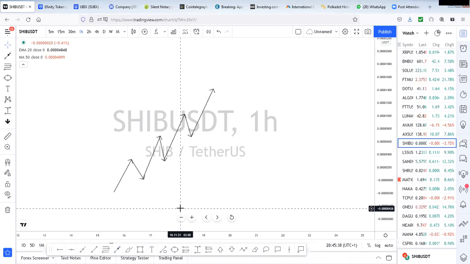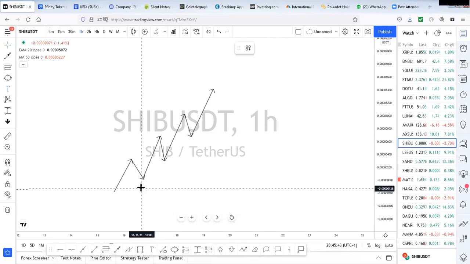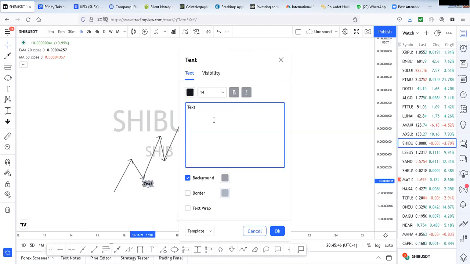Repetition of patterns of higher highs and higher lows. You understand? You can see clearly here that the market is making